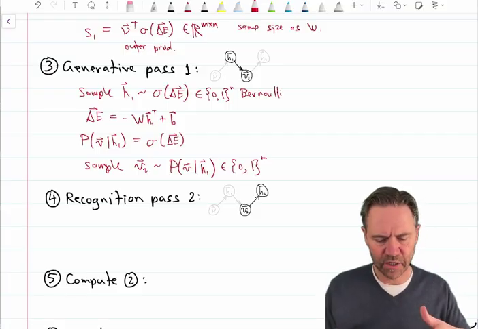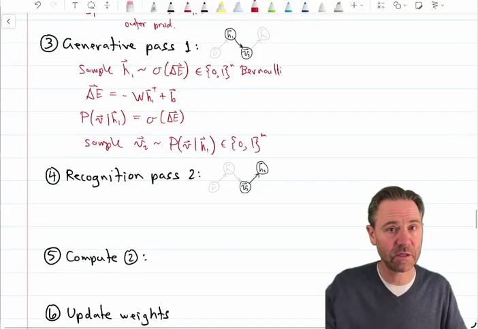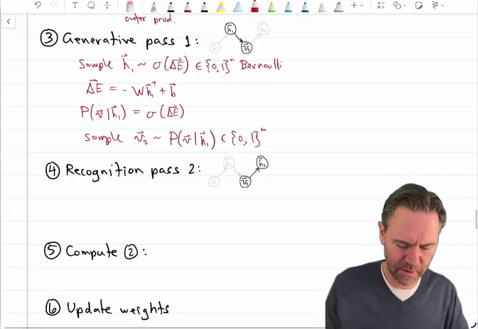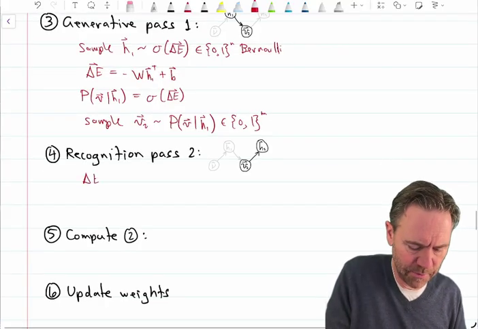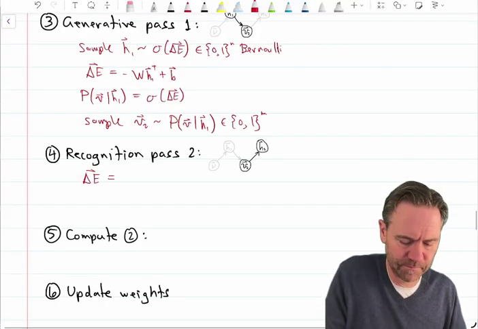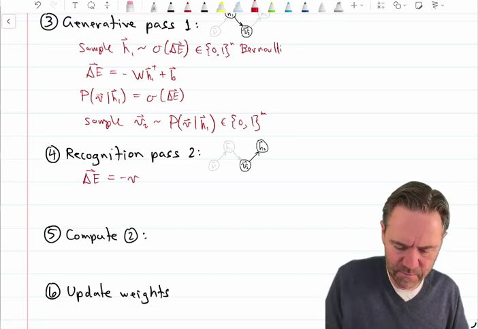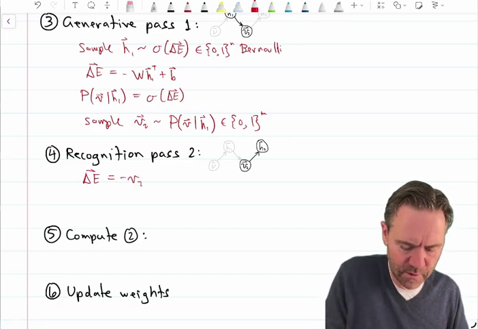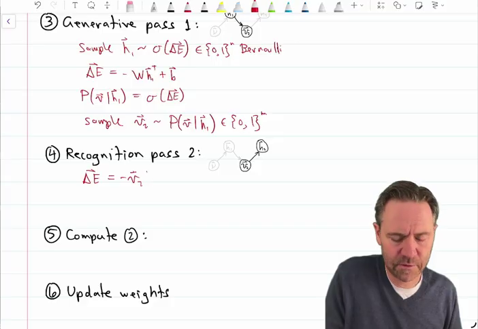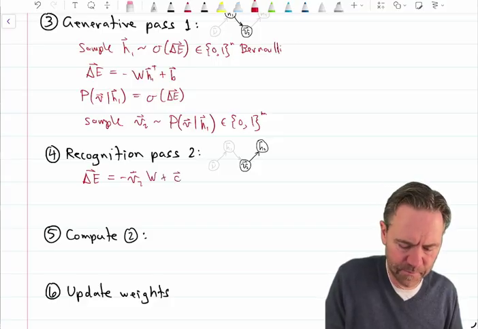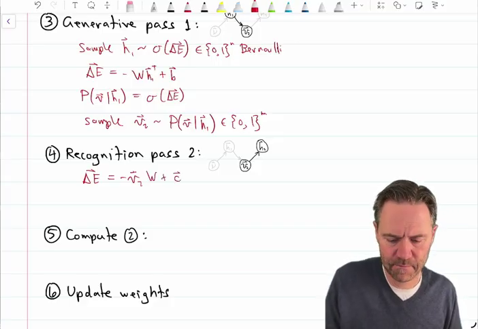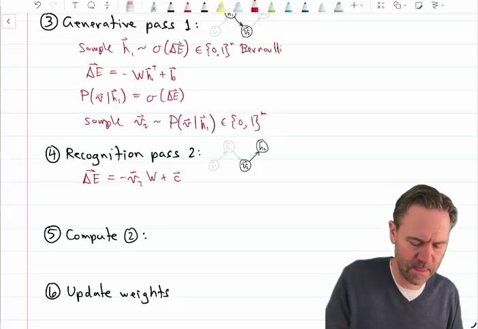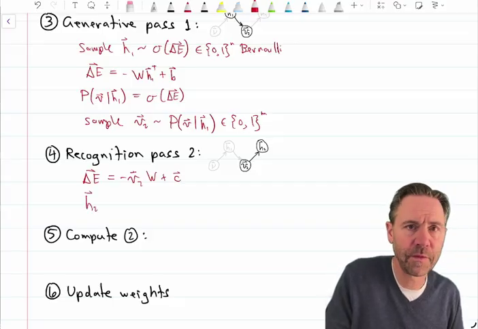So now we've projected down to get the V2. Now we do another recognition pass, project it back up again. So we get the energy gap for the H's. It's negative V2 times W plus C. Right? And now H2 is,